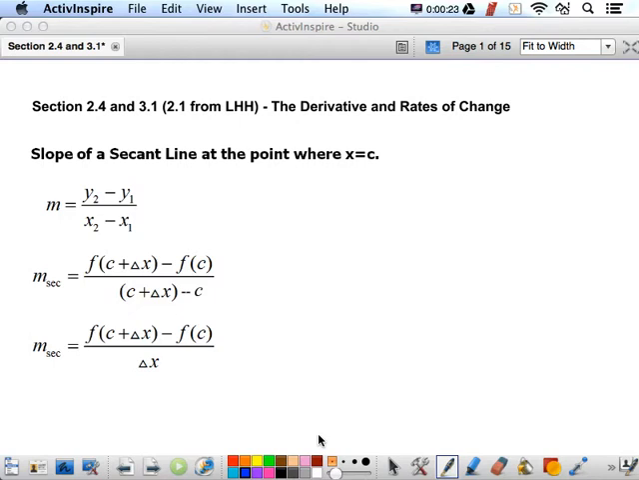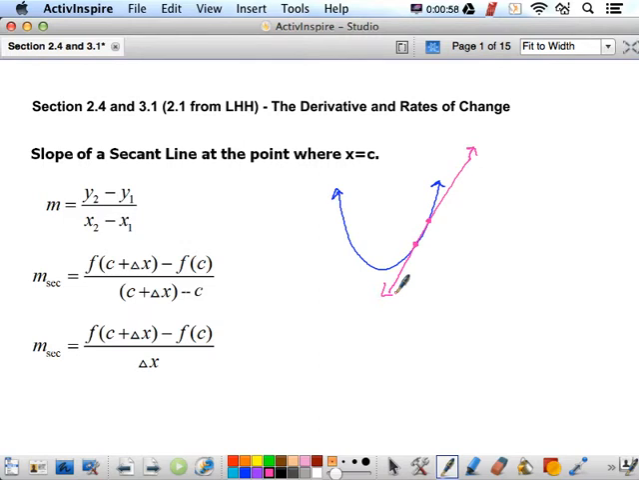Now, a tangent line is a line that touches a function in one spot, right? But a secant line is a line that touches a function in two different spots. So we're going to take a look at a function that I'm going to draw up here, with a secant line running through it. Basically, if I take the line that goes through these two points, and I call one of those